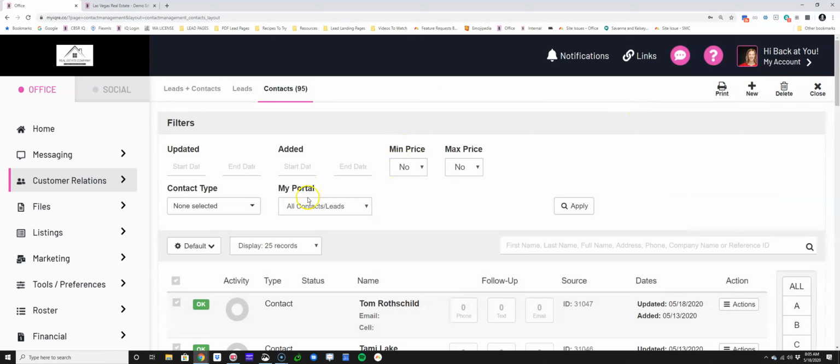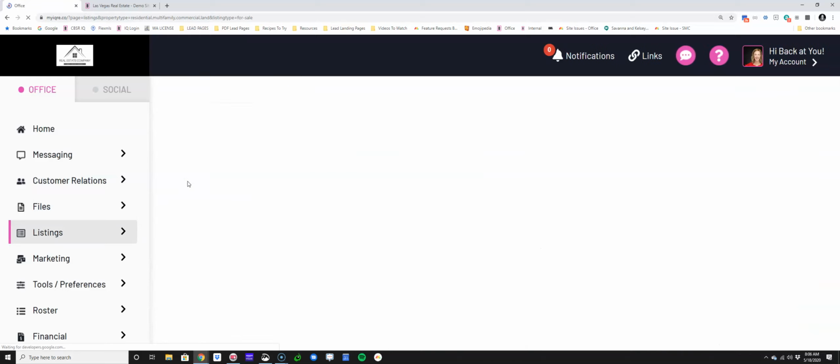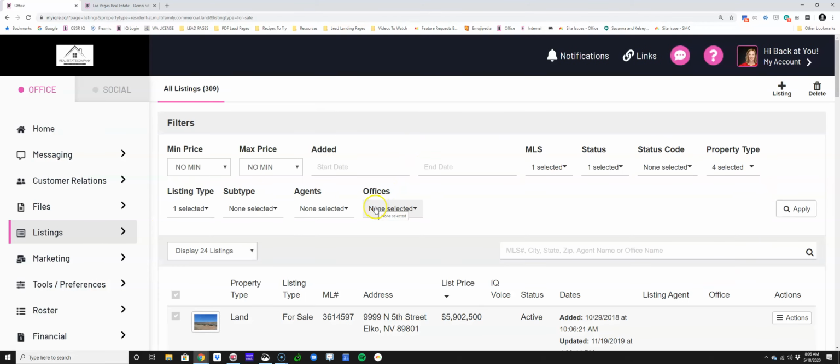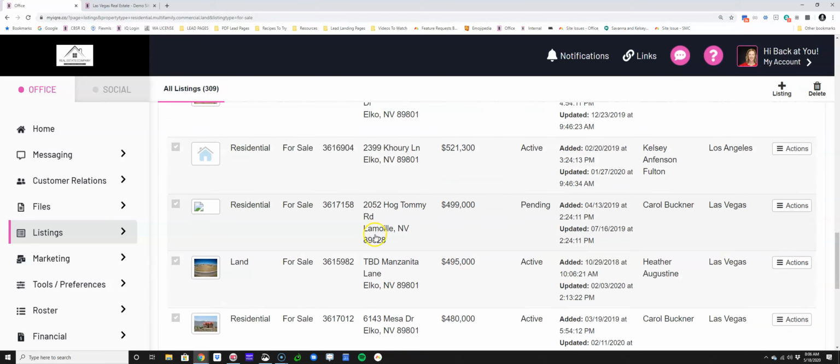Now, there are a few other ways you can do this. You can also go into your listings here and click on listings, and this will open up your main listings dashboard. Your main listings dashboard will show all of your listings. And within an individual listing,